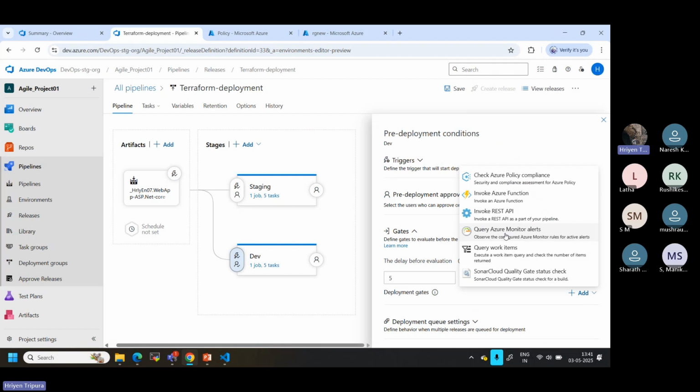So let's say CPU utilization, memory utilization, or any other traffic. If you want to monitor like this, you can select it like this, and then select the subscription and resource group, everything the same. Once you enable this, as soon as it is created in a particular dev environment, sorry, staging environment,